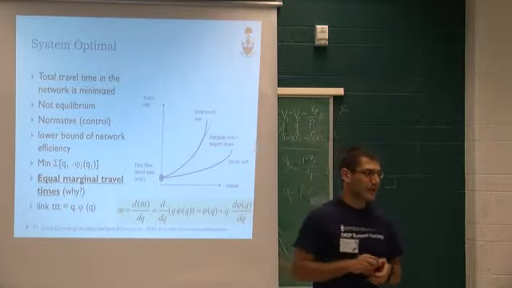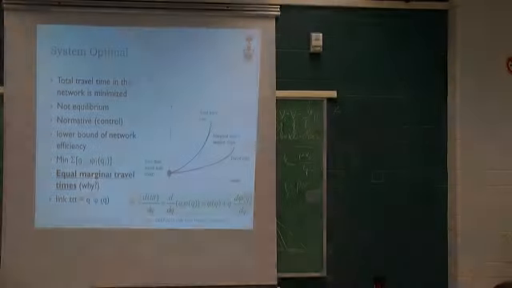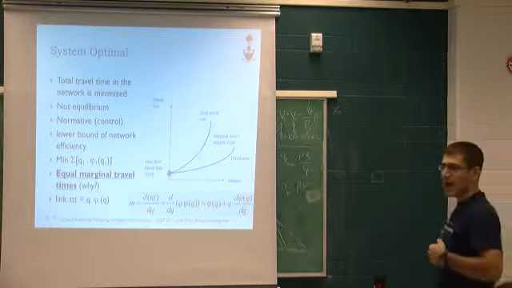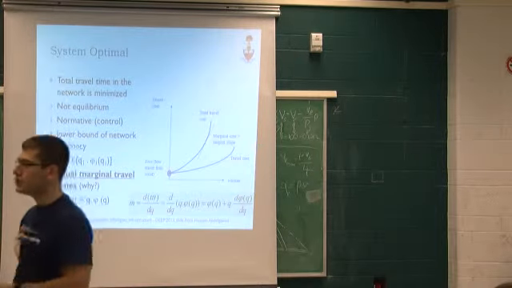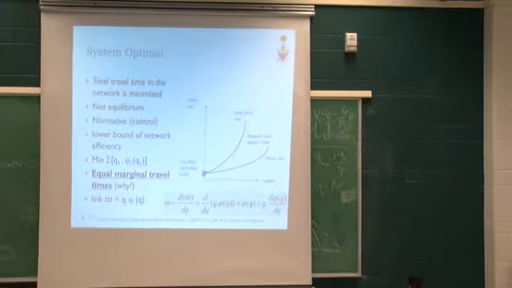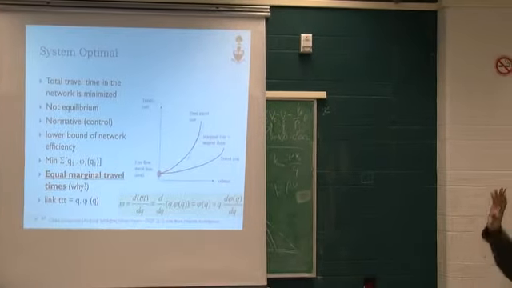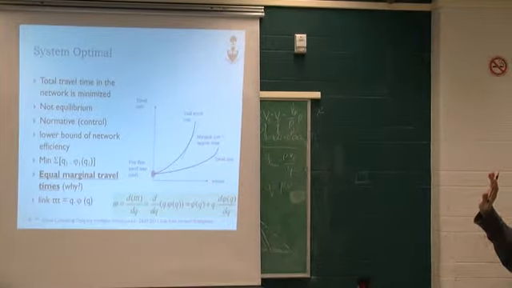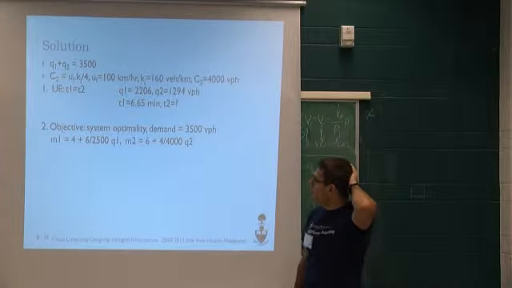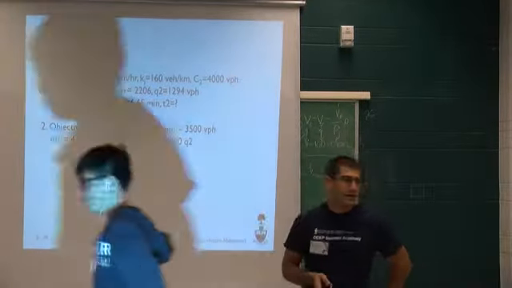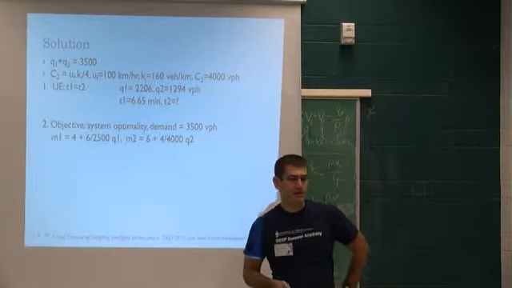Okay, let's start. M1 and M2. M1 is the derivative of T1, and M2 is the derivative of T2. TTT is like T1 or T2, so it applies for both. It's total travel time. Okay, so after getting